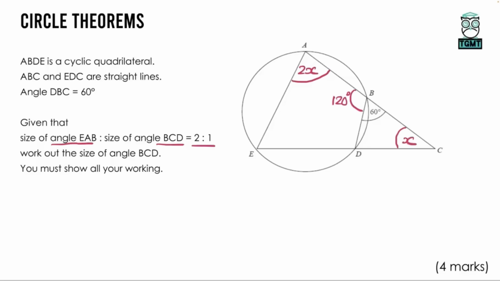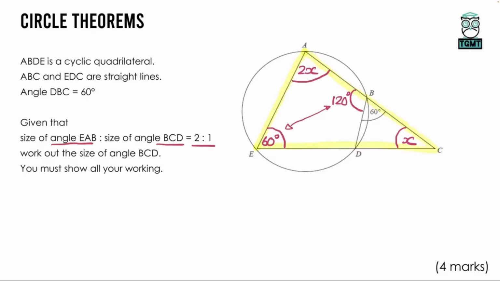Now let's see if there are any other angles that we can find. So straight away, opposite this 120, opposite angles in a cyclic quadrilateral add up to 180, so that would be 60 degrees. Now I've got to figure out where to go from here. So we have a large triangle. If we have a look, I'll highlight this large triangle here, and we know angles in a triangle add up